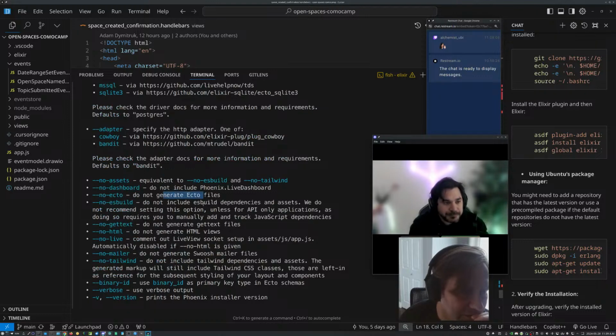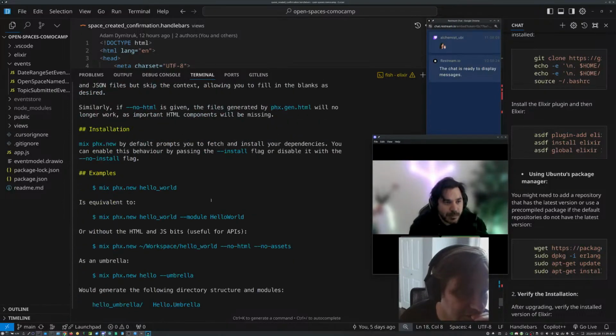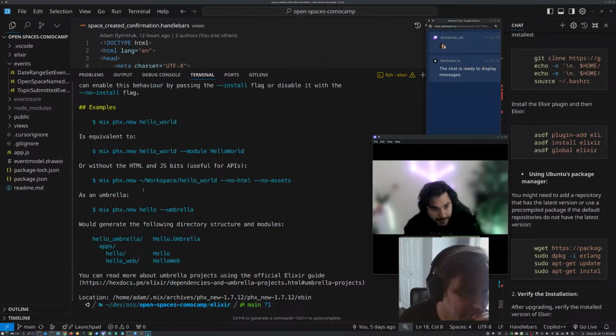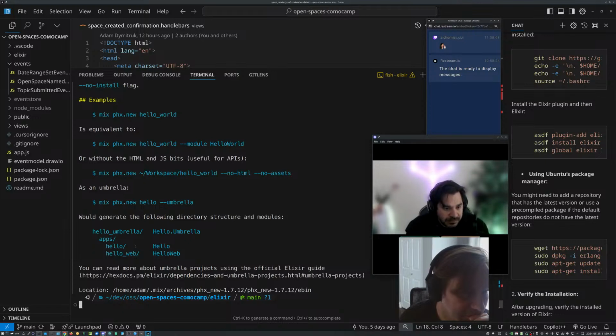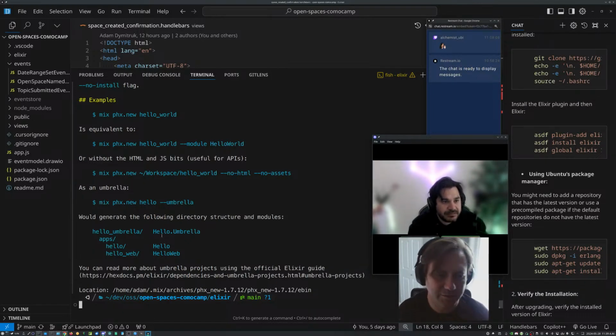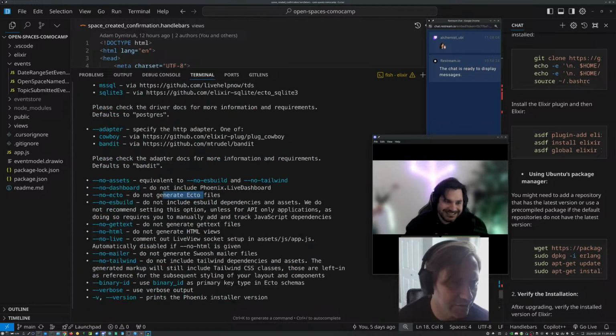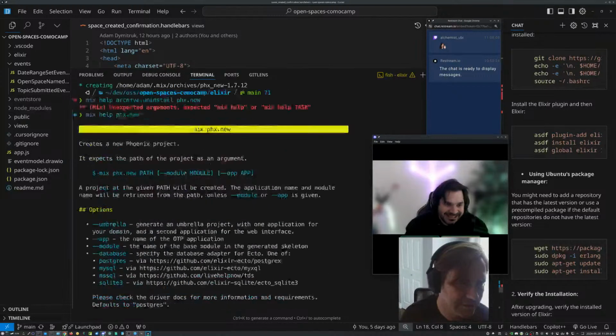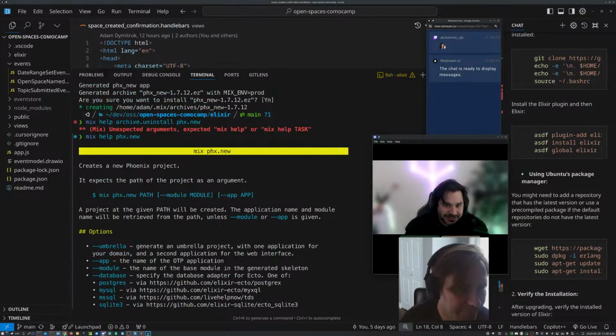Do not generate Ecto files, but that doesn't mean it's not going to use it. I think if you don't specify a database, it won't do it, right? Because that would be kind of presumptuous that you want Postgres. So I would assume if you leave out database, it won't give you one. Actually, no. It by default uses Postgres.